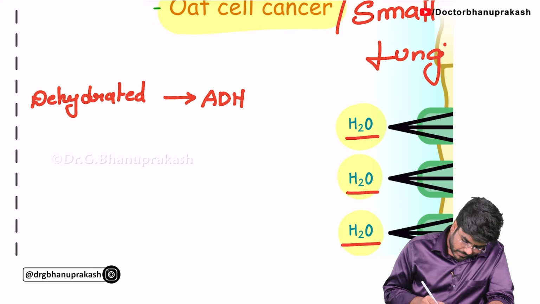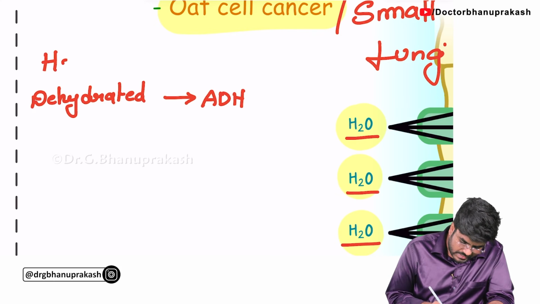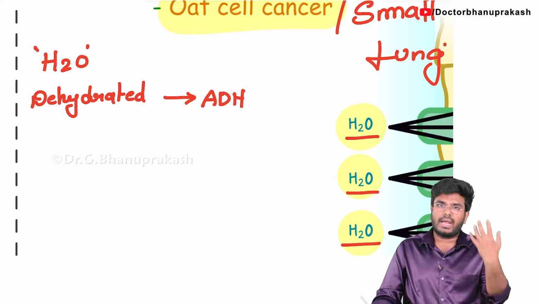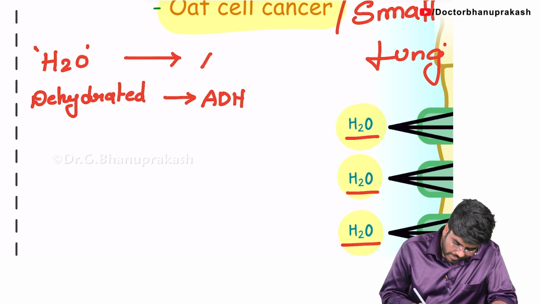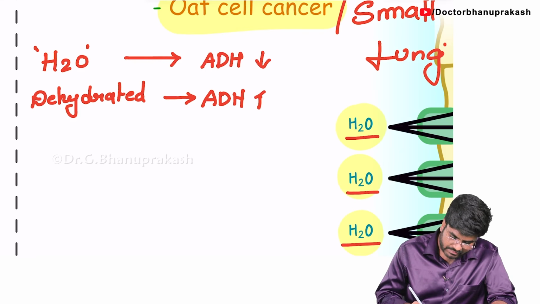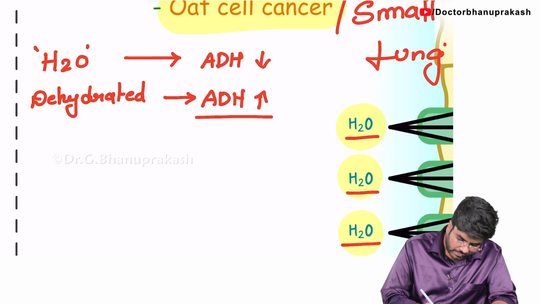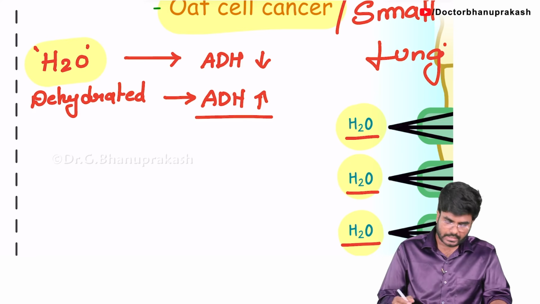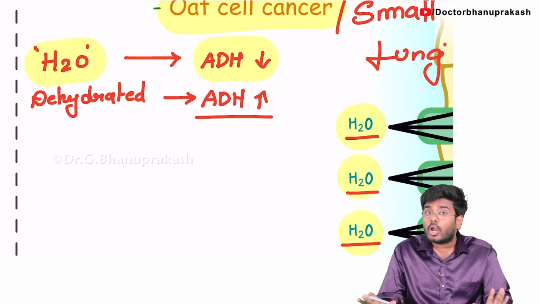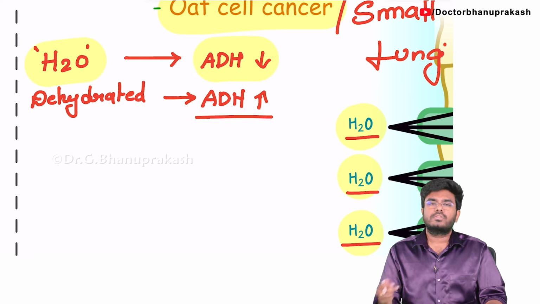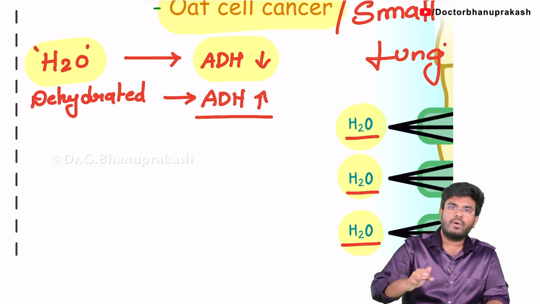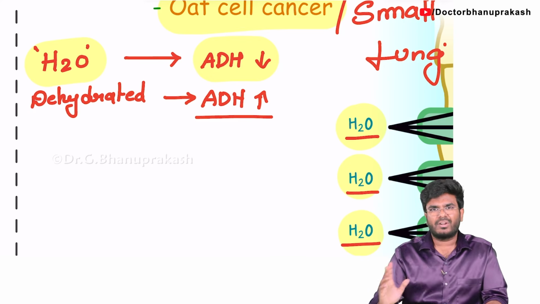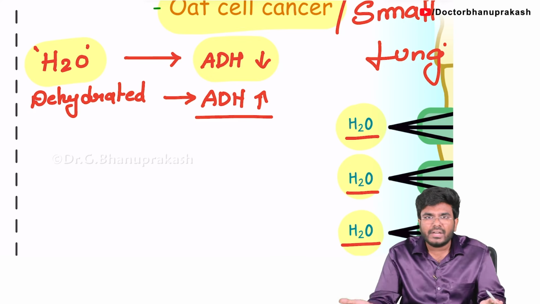But when you give water to this patient, if you ask the patient to drink more water, you are hydrating the person. When you give water, what will happen to the ADH levels? The ADH levels will decrease. In dehydrated patients, ADH levels will be more. But whenever you ask the patient to drink water, say he is drinking 1 liter of water, immediately what will happen to the antidiuretic hormone? In a normal individual, ADH levels will decrease. So upon hydration, ADH levels will decrease, so that he will lose the water in the form of urine. Simple logic, right? When you drink 1 liter of water, you will produce more urine. We don't want antidiuretic hormone then.